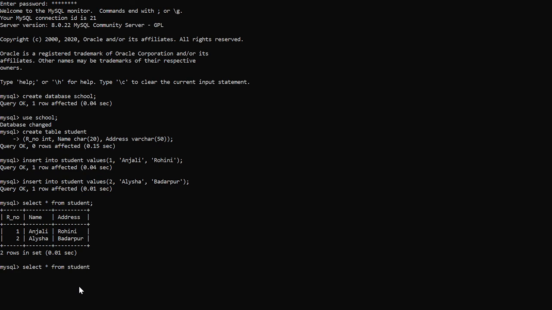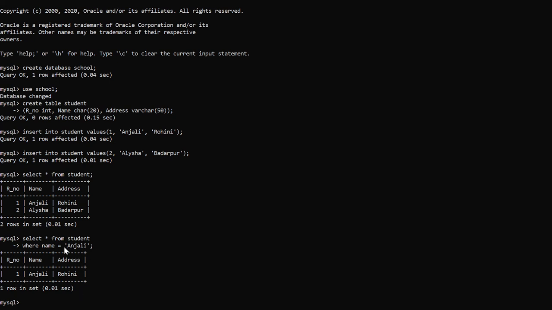The name of my table is student, where name is equal to Anjali, right? I want to check the record with the name Anjali only. So now the table is giving me a single record, and this record is with the name of Anjali, right?